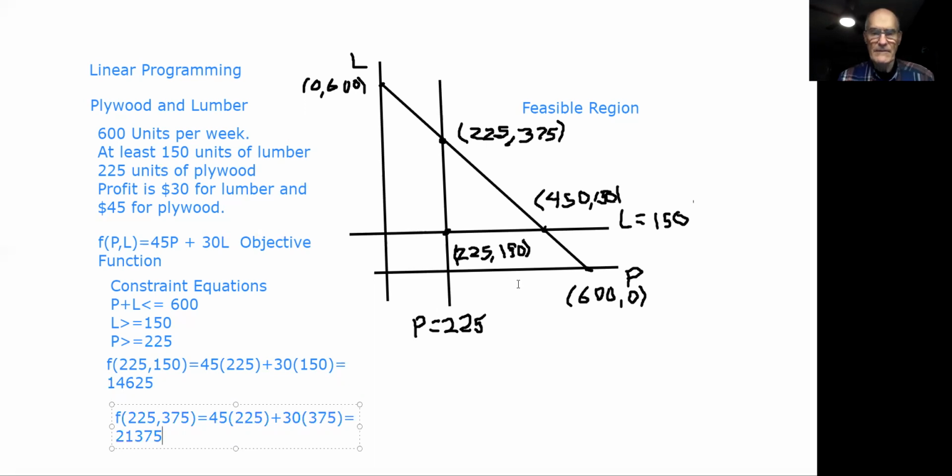Okay. Now the final point we have to look at is the point over here, which is